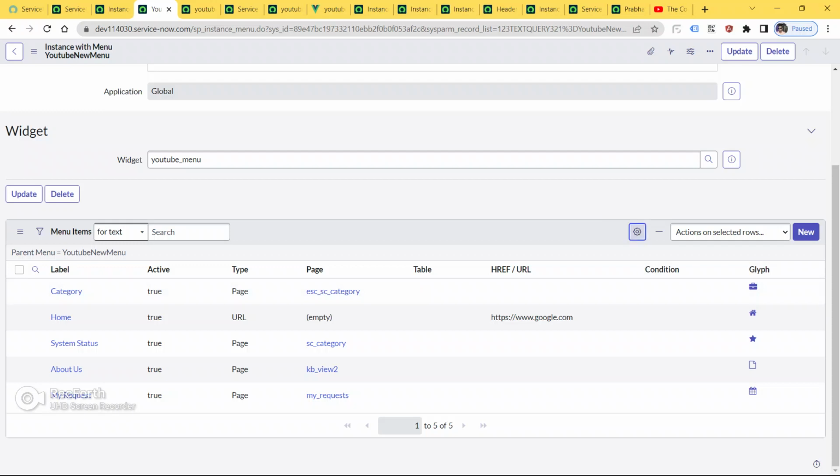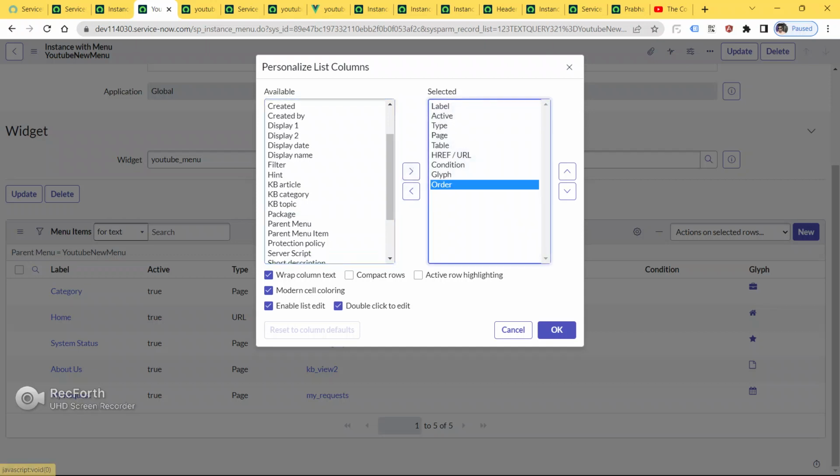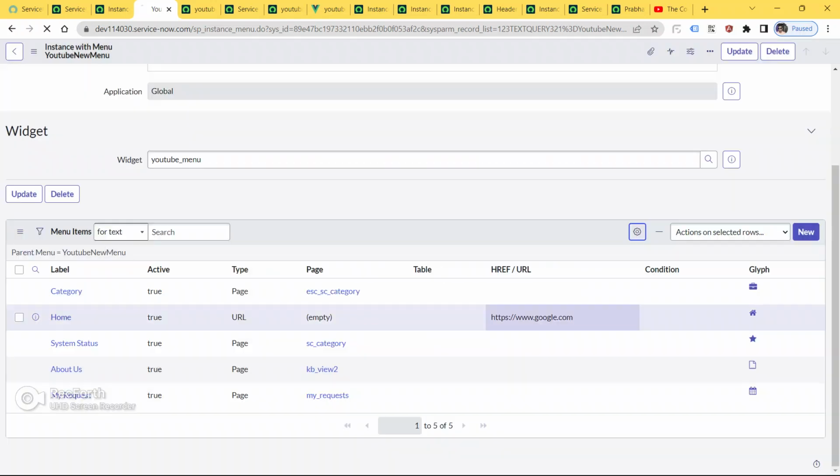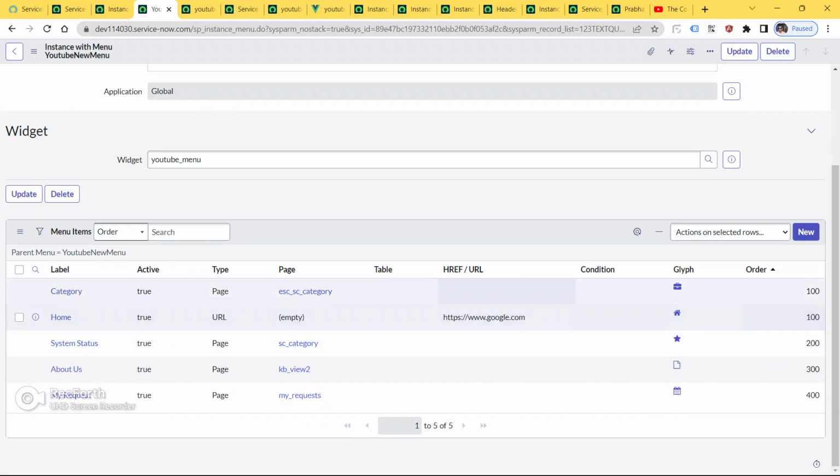Okay, so you can go here, click on the personalized list. So click on the icon personalized list, and we can go here and we can search order also. Okay, so put it this side here, order. Okay, so now put OK. So now we will be able to see our order also.